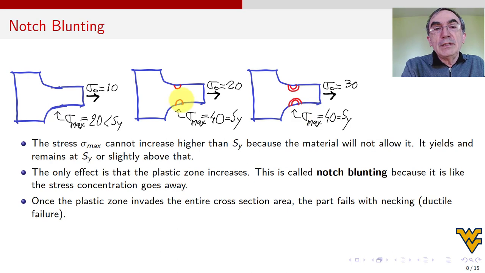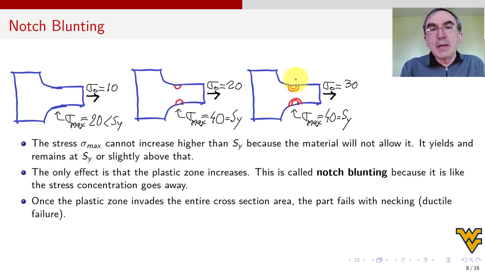And what happens is that when yield occurs, this plasticity blunts the notch. That means the notch is there, but really is not, because the stress is kept at bay. It cannot grow. Now, of course, if you keep accumulating plastic strain like this, and here you put more, and these two red lines touch each other, that means that you develop a plastic neck there for the entire region, then yes, it's going to break. But as you will see later in the finite element analysis, that is difficult to happen. You're going to have to put a lot of load here for that to develop into a plastic region from side to side, which will cause failure, of course.